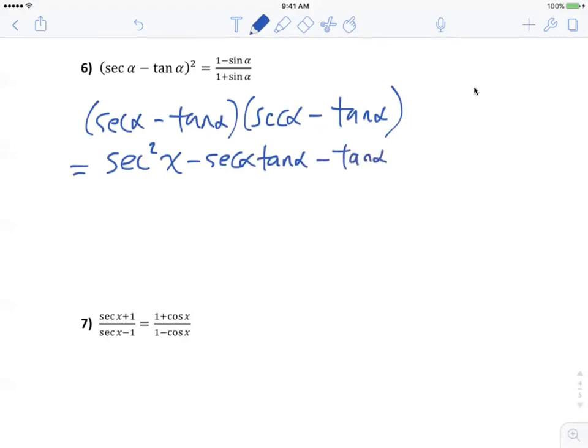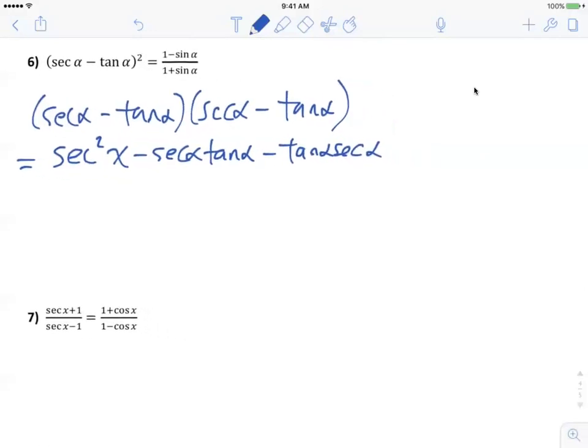I guess that's the same thing, right? And then, oops, that's a theta, alpha. And then the last is a positive tangent squared, negative times negative, positive. Okay, so there's foiling it out. And then, let's see. I do notice there's a secant squared and a tangent squared. There's some identities there. See, there's one way maybe using some identities, but